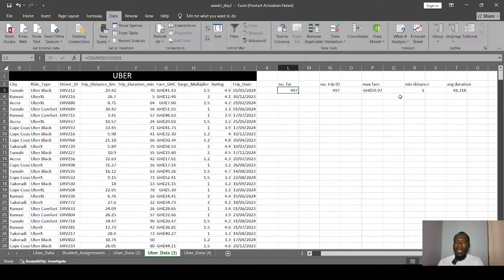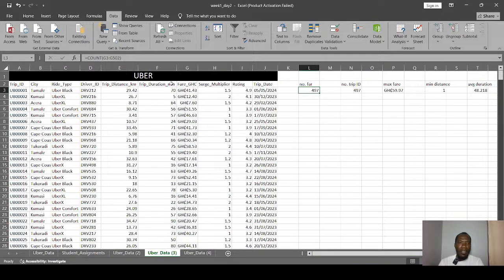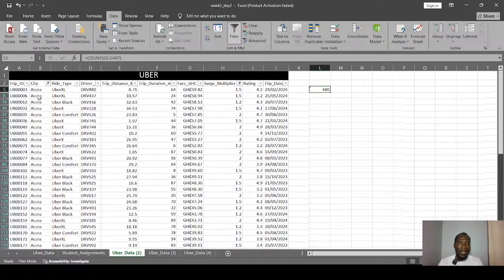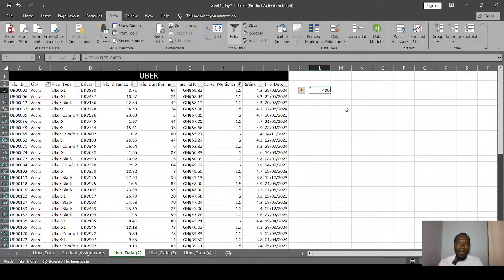All right. And then the same applies to maybe the max. You might get the max, because if the max is still something like in the Accra side, and since you filtered and you are seeing only the Accra side, you are likely to get the answer. So the max for what?